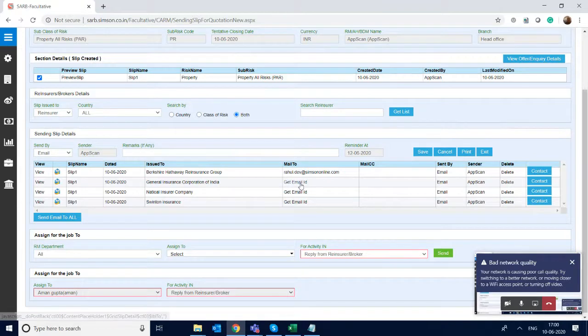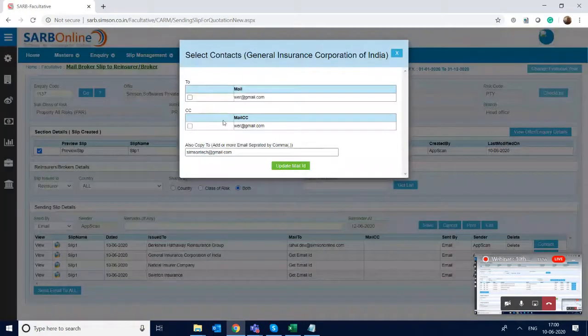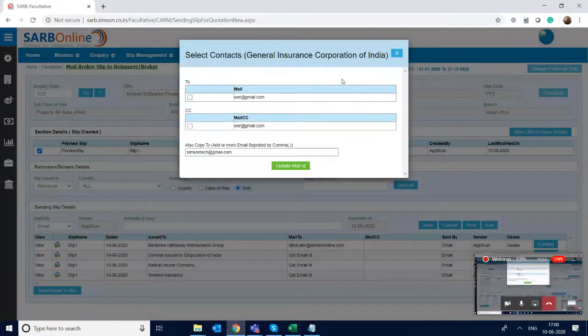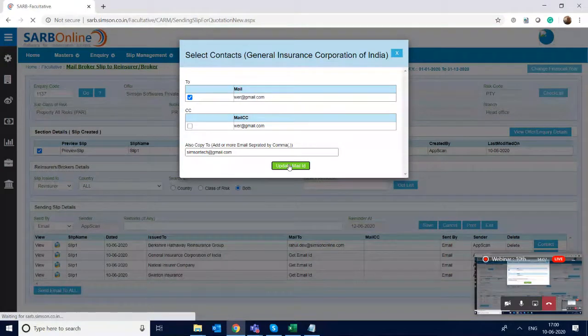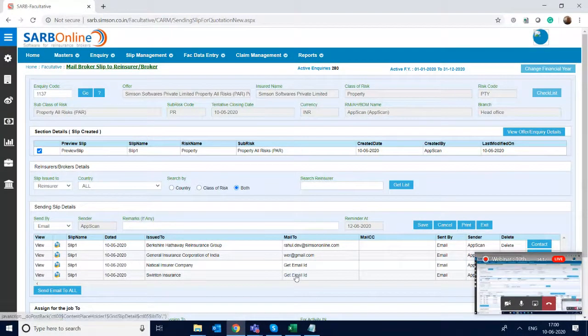Same way I'll select another email ID from another person. If there's no valid ID, I can add it again, or just put any temporary ID. I'll not be sending email on this. I can have the ID in email.